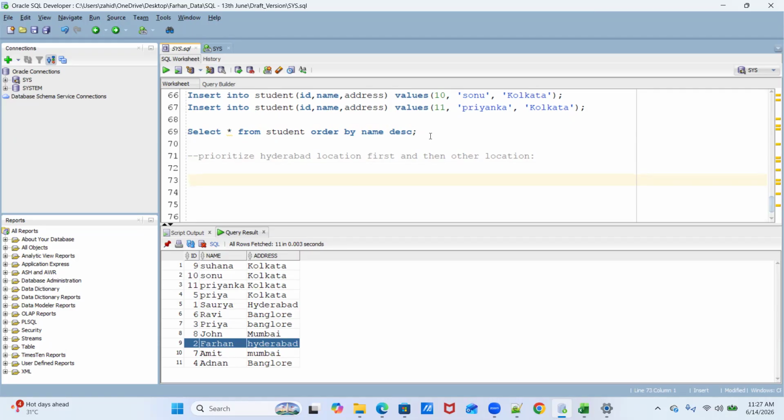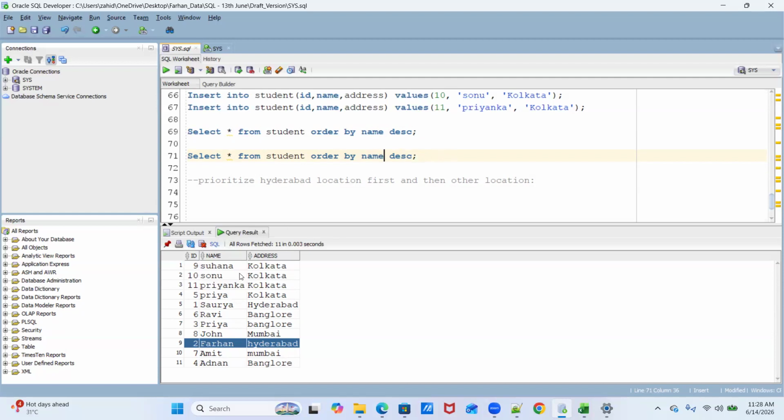Okay, I think I missed one thing before going deep into it. Before starting this topic, I can show you one more scenario. In the same thing, we were trying to order by the name column. Now let's say we want to sort based on two columns. Along with name, if you want to keep address as well, can we do that? If yes, how will it behave? How will the engine behave in that case? So let's try to do that.